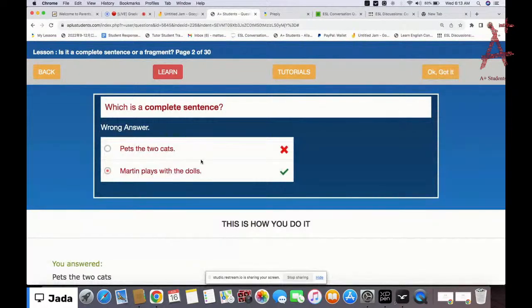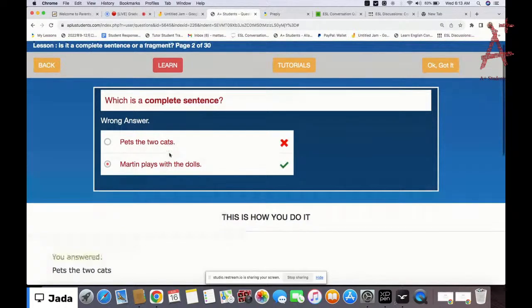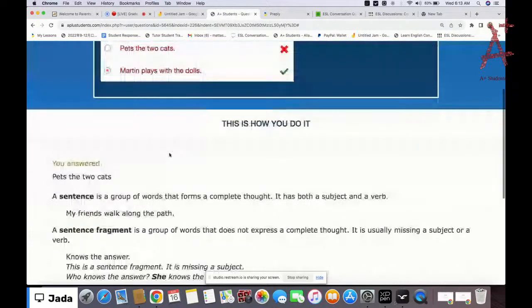So who is petting the two cats? We have no idea who is doing that. So it's actually missing something. Okay? So when you say pet the two cats, that means something is missing in this sentence. There's something wrong. So if ever you click on something and you get the answer all wrong, all you